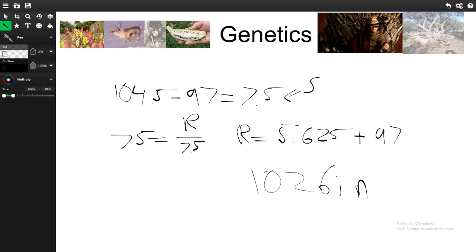And you might be saying, if we're selecting for long antlers, why is the antler size slowly moving down? Well, in a real population, the average would be moving up along with it. So it wouldn't be 5.625 plus 97, it would be 5.625 plus whatever the new average is, taking into account